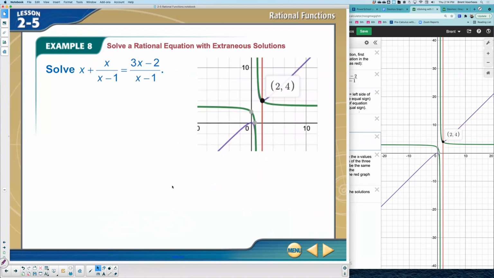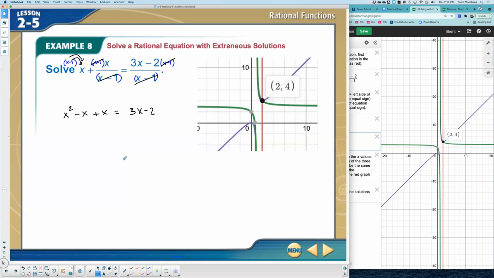Now, if you're going to do the algebra, you would multiply by your denominator. So everything gets multiplied by x minus 1. And what that does is for our 2 fractions with x minus 1 as denominators, that simplifies. And so here, if I distribute, I'd have x times x, which is x squared. Negative 1 times x is negative x. Plus, we still have an x left over, equals 3x